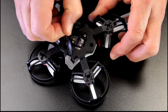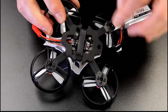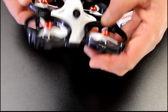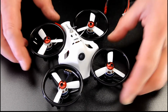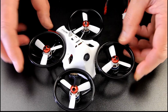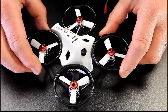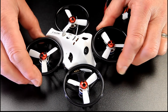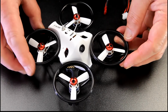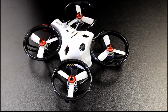And I just like the way this is put together. It just looks really nice and neat. LDARC do always seem to build a nice quad. Even the way the wires are done for the motors, all tucked in, everything's tucked in nicely out the way. I did some serious tests with my original one, and it really did get bashed around everywhere, and these are pretty good. I would imagine you can break them, but everything's breakable, but honestly I found them really good, better than a lot of others,